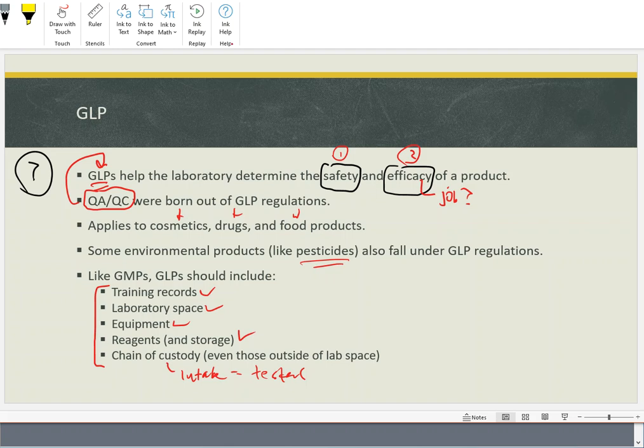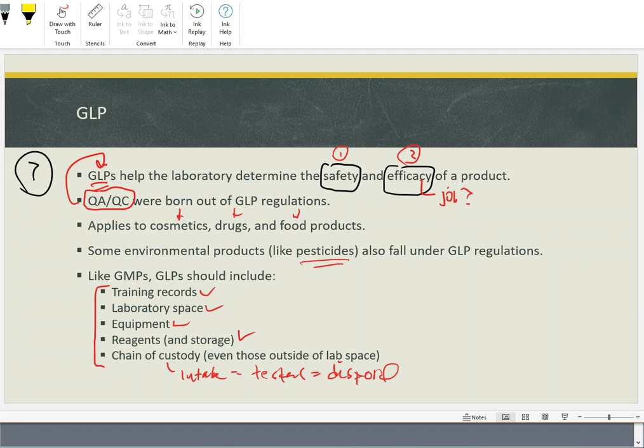And then that will go all the way into disposal. So by the time that we throw that away, who did it? How did they do it? And why? Was it just past the expiration date? Or was it contaminated? What was the reason that we actually disposed of this material to begin with? Maybe it was an empty bottle, but still a chain of custody form is going to follow that material through